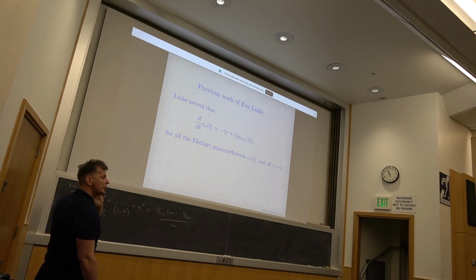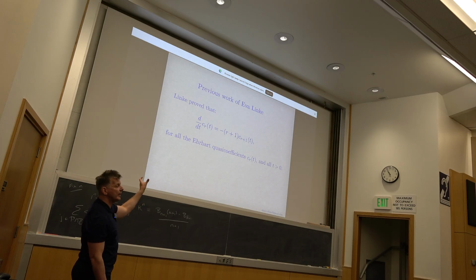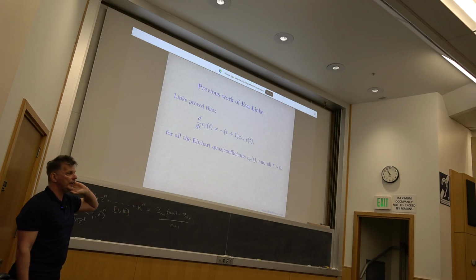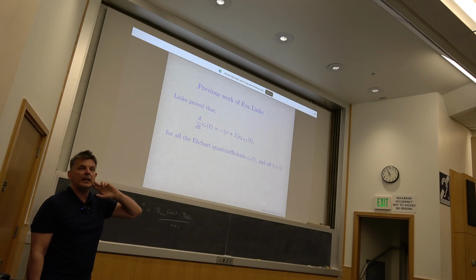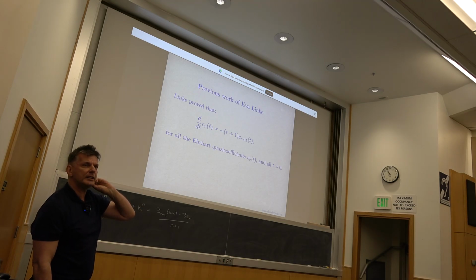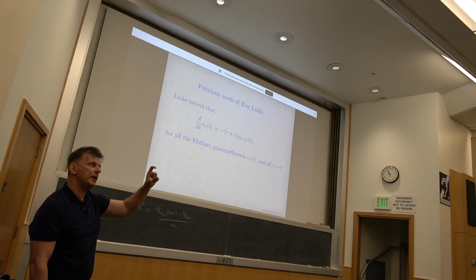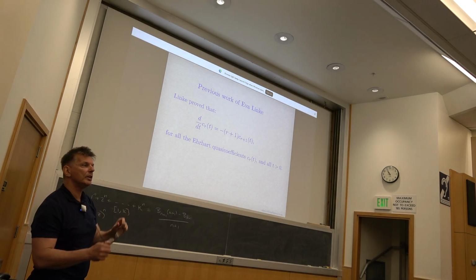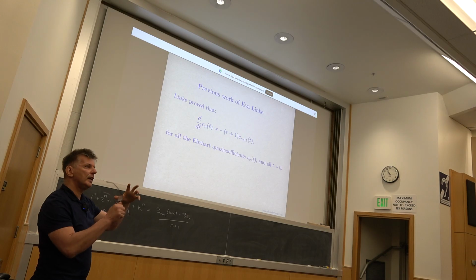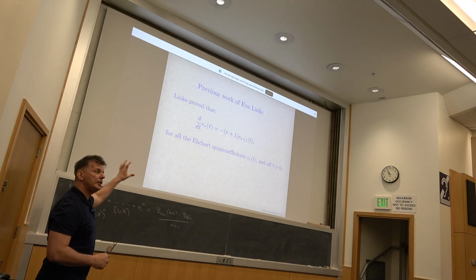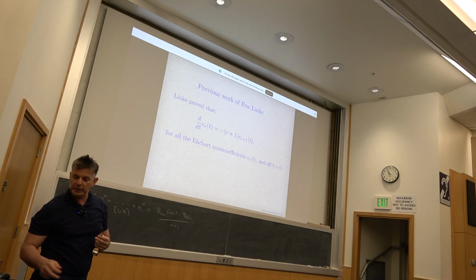Her differential equation showed that every two adjacent Ehrhart quasi-coefficients satisfy a very simple ODE, and yet it was not possible to use this ODE to extend her work because the initial conditions were not known. She derived this very surprising ODE in 2011,